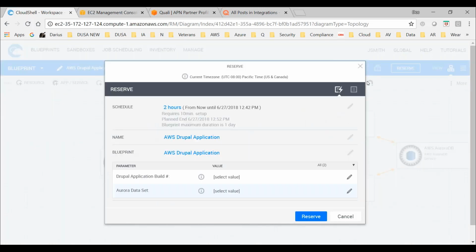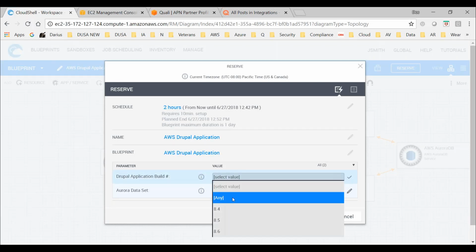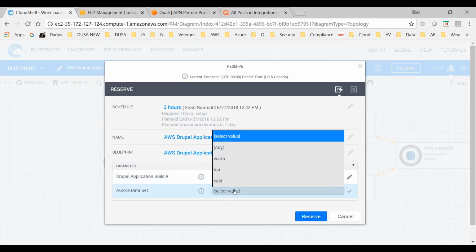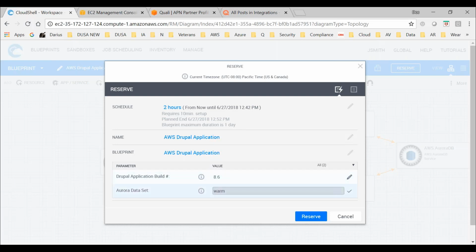What you'll note here now is we have a defined timeline, so you're not going to have this up and running forever unless you want to. This gives you a fail-safe to terminate the sandbox as required. Down here, we've got a couple of options to select which build number we want associated with the Drupal application, and then the data set. We may have some that are archived, some that are warm, basically different storage requirements. And then we go ahead and reserve this